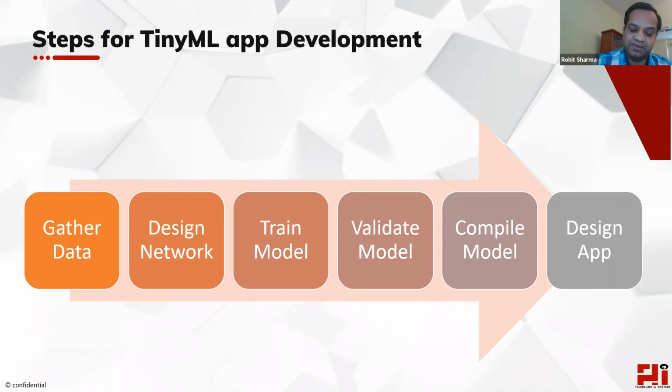And that's the next step. You train the model, tune several hyperparameters, and go through this loop. If the accuracy on the training and test set is good enough, then you go and look at the validation. If the validation accuracy is good enough and you are satisfied that the model has generalized well, then you go to the next step of compiling the model. And that is a crucial step where there's a lot of gap.